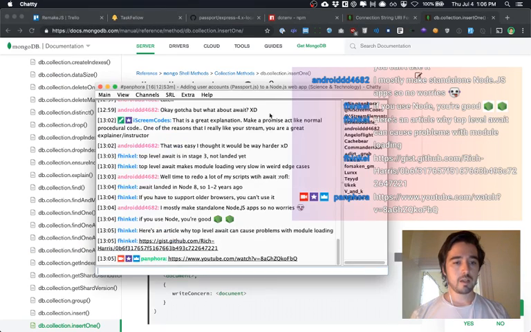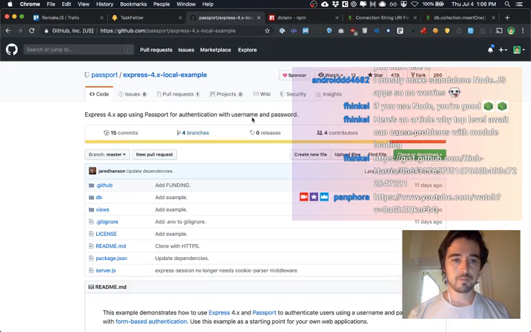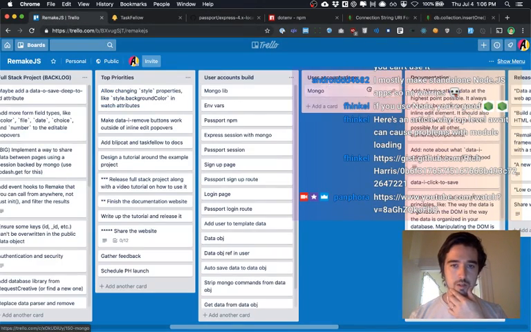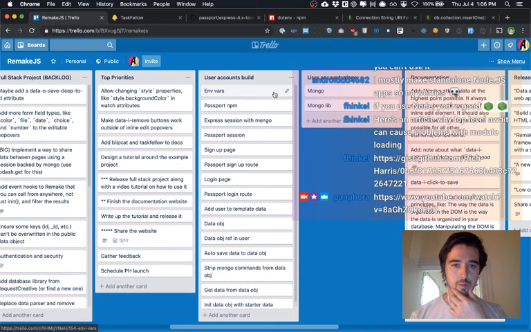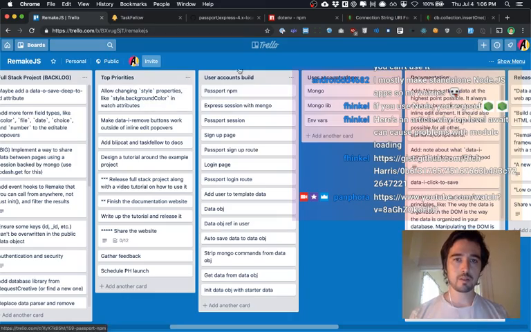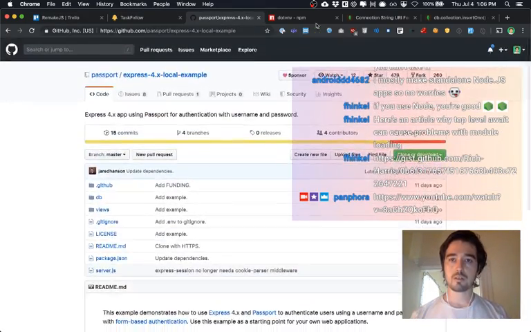Okay, so now we've got inserting into the database working. So we know we've got this collection working. So now we're going to add Passport. So I think, let's look at our steps. We've got Mongo, we've got the Mongo library, we've got the environment variables. Oh no, we haven't installed Passport with npm yet. So let's look up